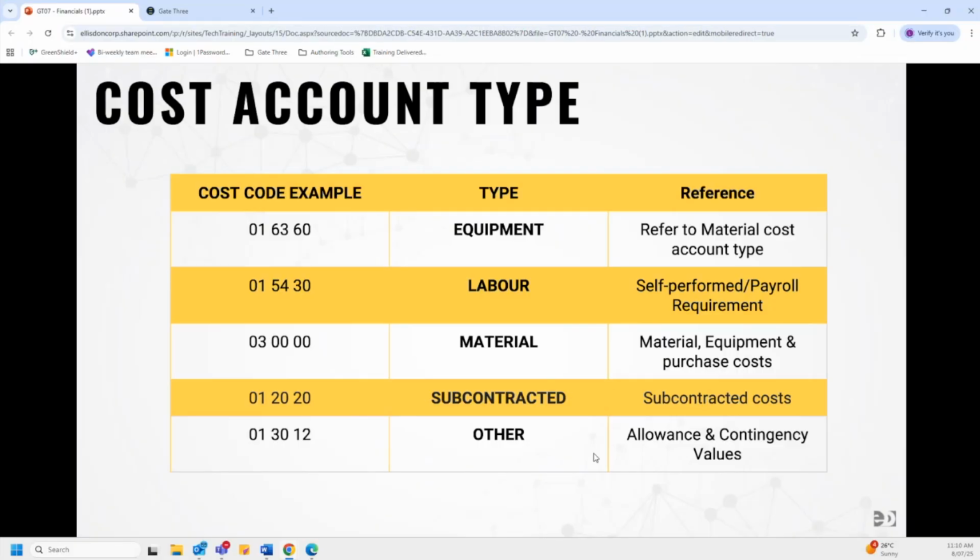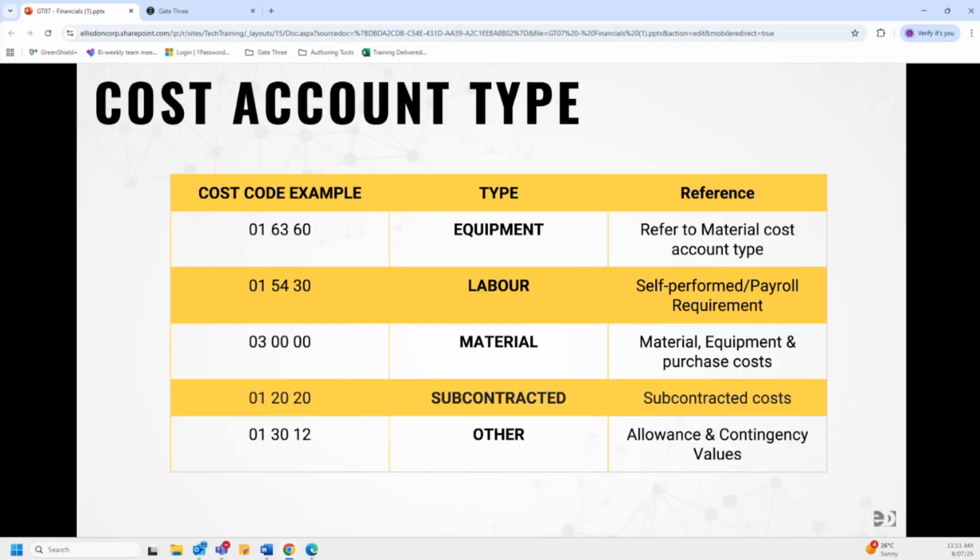However, for the subcontracted cost account type, the 1-to-1 ratio between cost accounts and budget lines must be maintained, as the subcontracting department cannot view when there are multiple budget lines associated to a cost account that's linked to the subcontracted cost account type, which could result in potential errors in subcontractor payment. So just one thing to note here, that 1-to-1 ratio between cost accounts and budget lines must be maintained for